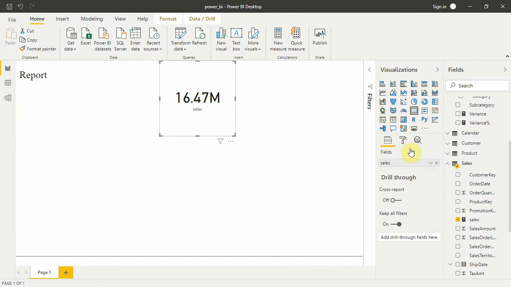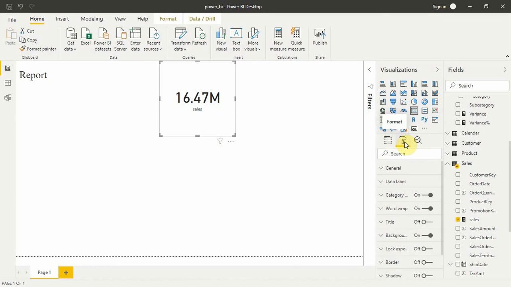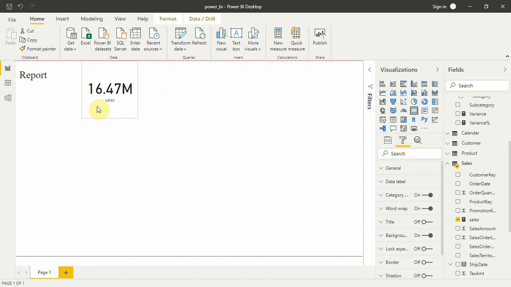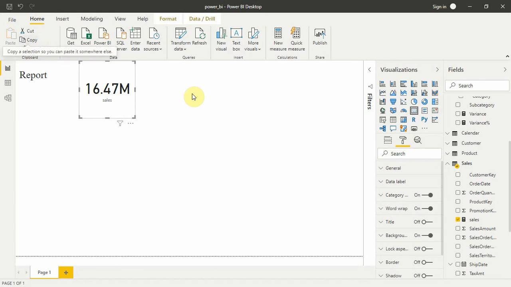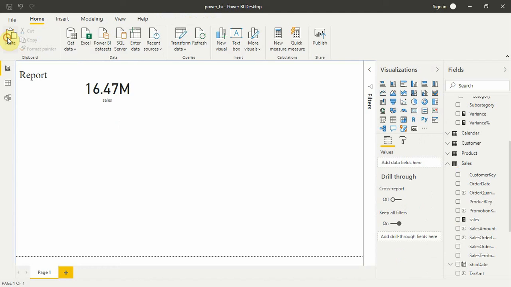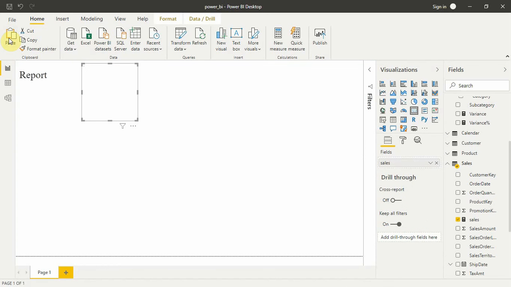So this is the sales. If you want to increase the font, you can, but I think this is perfect. So we'll copy this and we'll paste this 3 times.